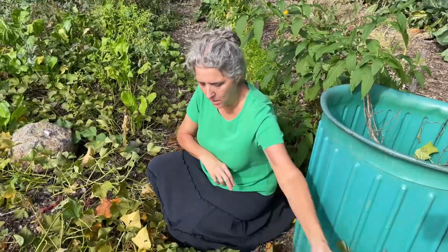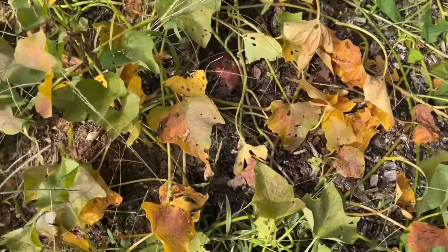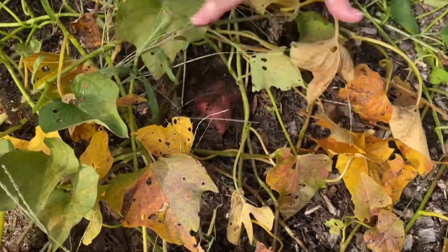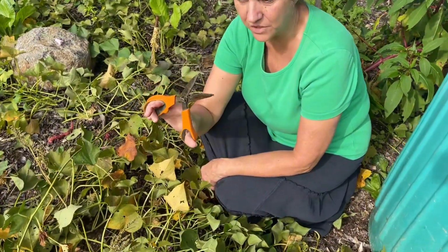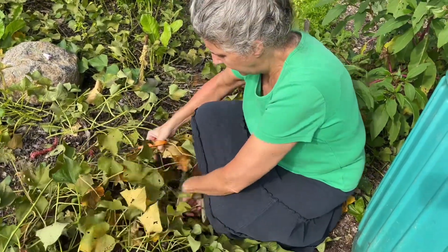Step number two now is we're gonna find our row. We did plant these in rows. And the way we're doing that is by finding a potato. Once we find that potato, we know we've got a row there. And then we're gonna just get ourselves a good pair of scissors. These are obviously garden shears, they're not kitchen shears. We're gonna just pull up that vine